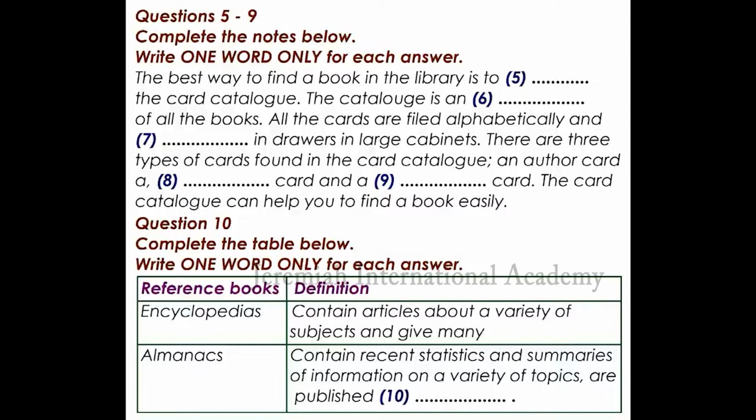An almanac is a book that contains recent statistics and summaries of information on a wide variety of topics. It is published annually. Information is listed alphabetically by subject. Indexes are alphabetical lists of names, titles and subjects that tell where information about each can be found in other